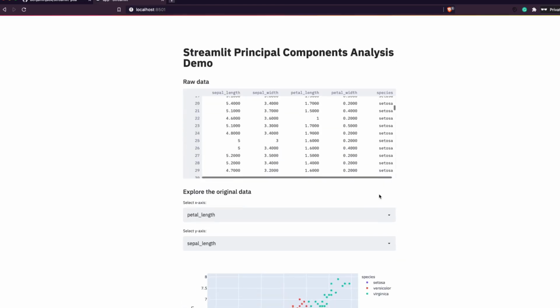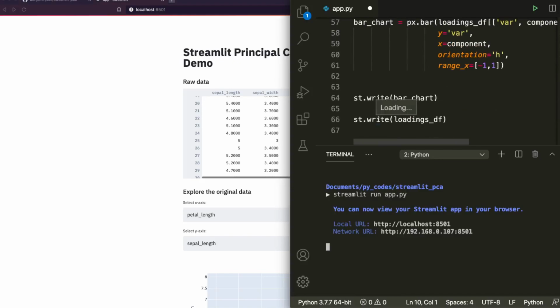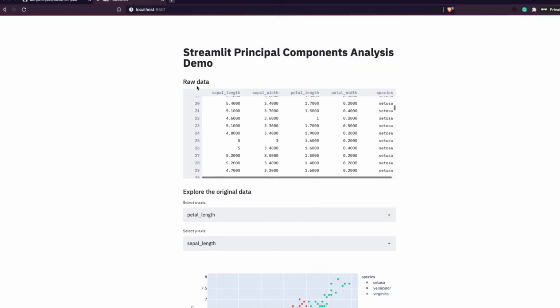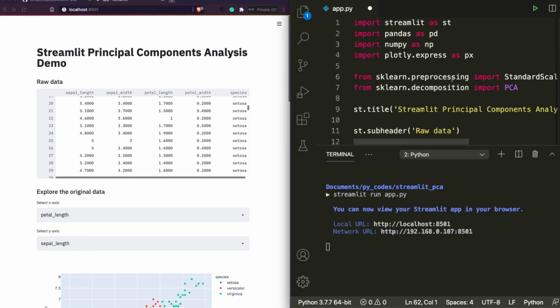If you look at the number of lines of the code, with spaces and all these things, it's less than 70 lines of code. So let's go ahead and start looking at the code, and while we are looking at the code, we can also make a little bit of change, and then we can see how the change looks like.